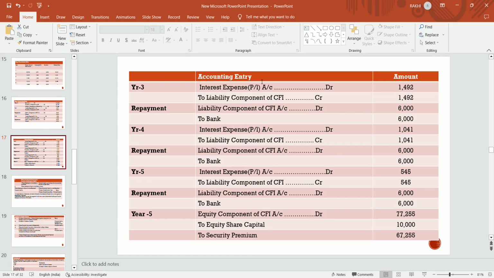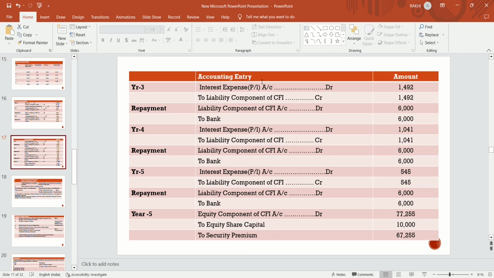Year 4: interest expense P&L account debit 1041 to liability component of CFI 1041. Repayment, liability component of CFI account debit to bank by 6000. Year 5: interest expense P&L account debit 545 to liability component of CFI 545. Repayment, liability component of CFI account debit by 6000 to bank. In the same way, the interest is to be recognized, and in year 5